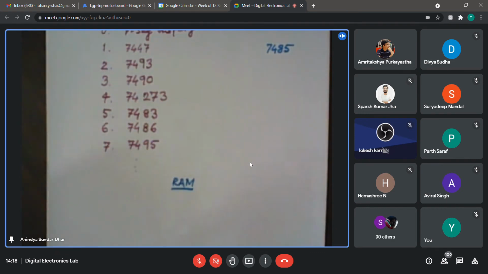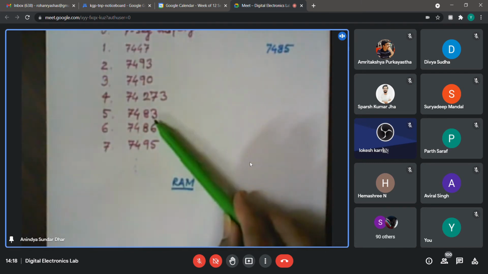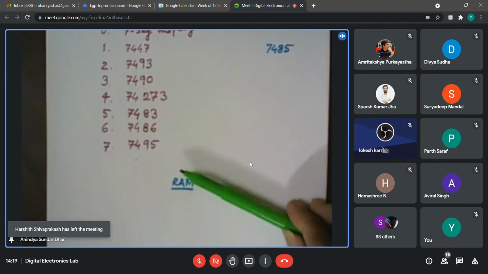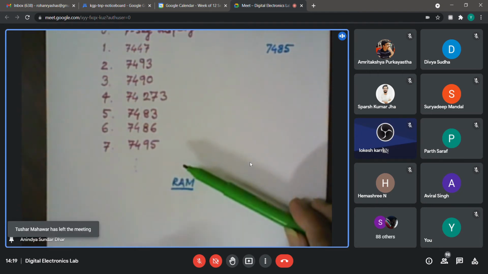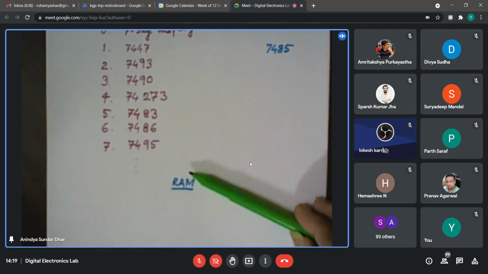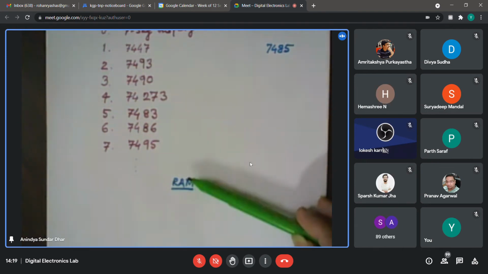It happens many times in the lab that when you are working on the breadboard with power and the actual chip, the lab staff has already instructed you that while changing a chip or making some extra connection, you should switch off the power, otherwise there might be a short circuit, or sometimes sparking, that may damage some of the chips. So by the 6th or 7th experiment you pick up the habit of switching off the power when changing any circuit components or making a new connection. But in RAM, that becomes a problem, because once you program a RAM, if you suddenly switch it off, it forgets everything.